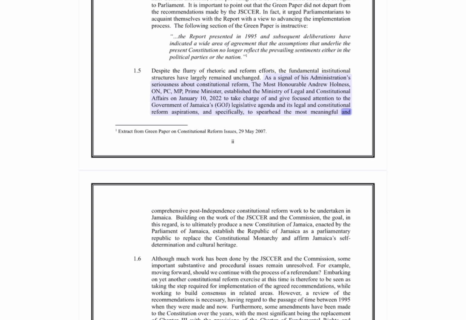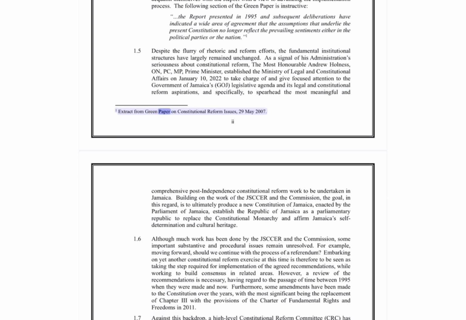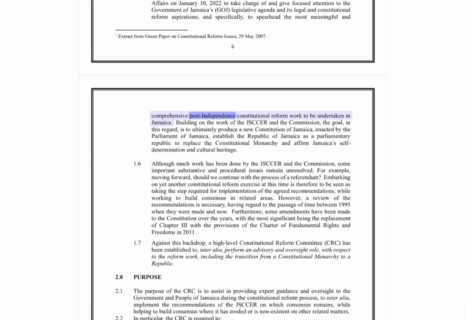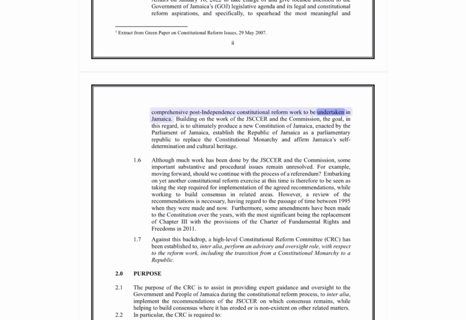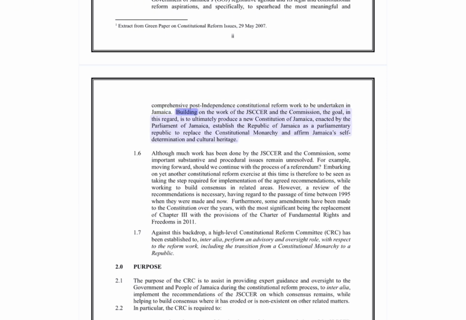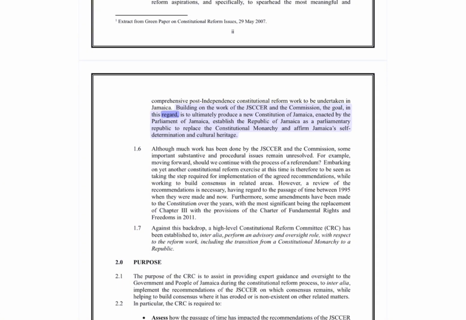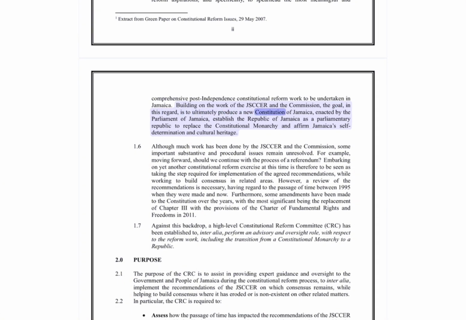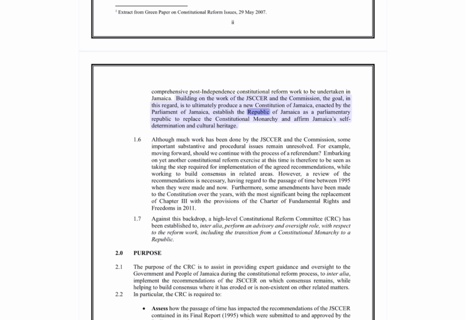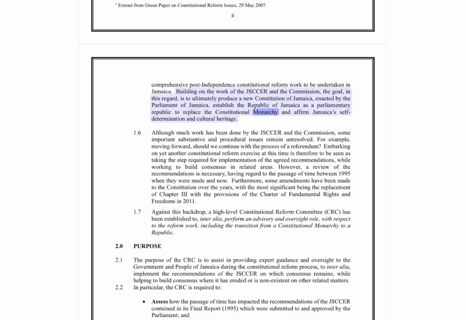meaningful and comprehensive post-independence constitutional reform work to be undertaken in Jamaica. Extract from Green Paper on Constitutional Reform Issues, 29 May 2007. Building on the work of the JCCR and the Commission, the goal in this regard is to ultimately produce a new Constitution of Jamaica, enacted by the Parliament of Jamaica. Establish the Republic of Jamaica as a parliamentary republic to replace the constitutional monarchy and affirm Jamaica's self-determination and cultural